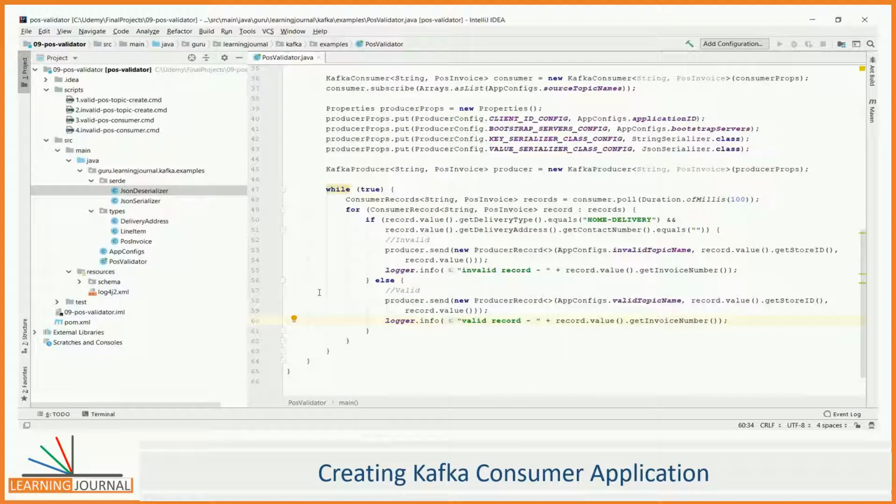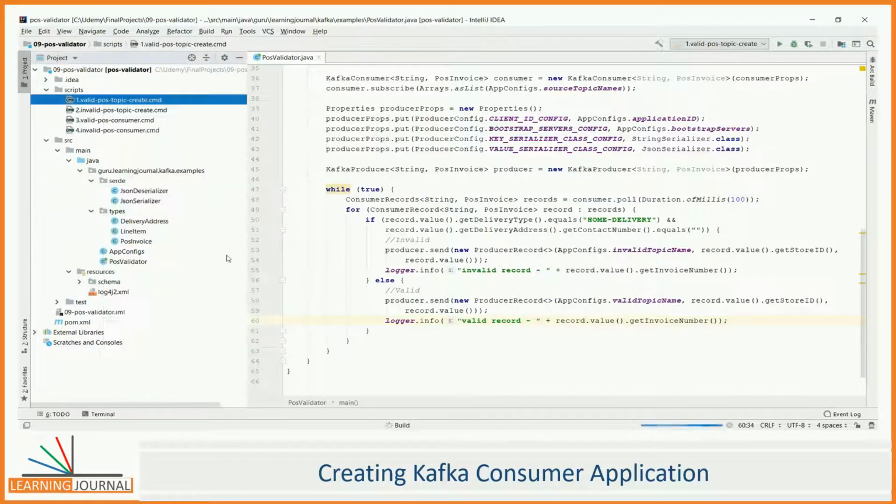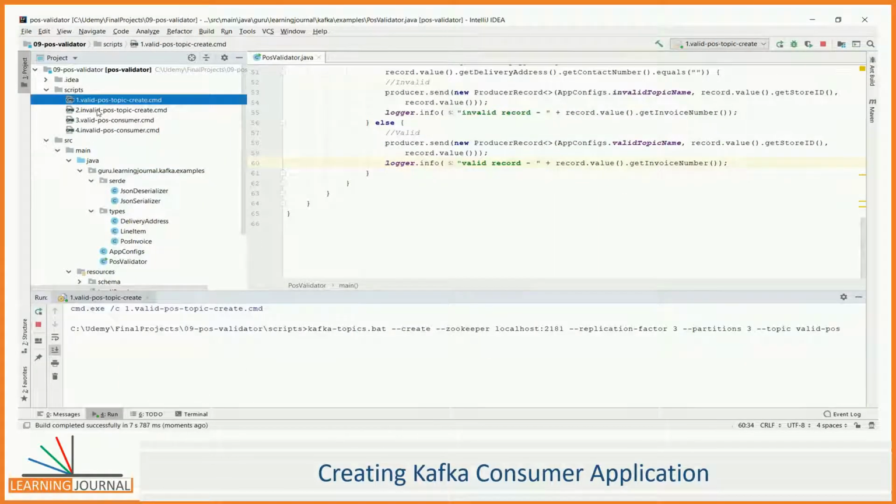And finally, come back to my POS validator application. Invoices are ready. Invoices are already being sent to my local Kafka cluster and they are waiting there for getting processed. Let me create valid and invalid topics.